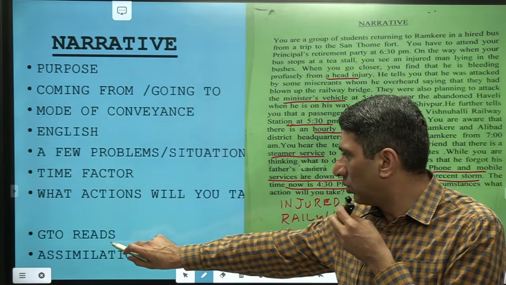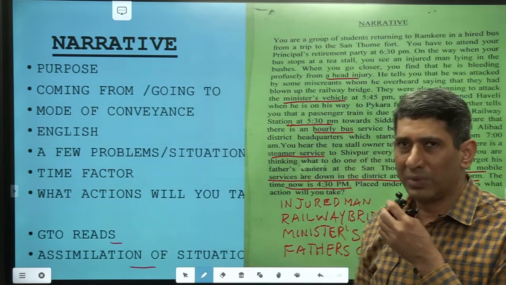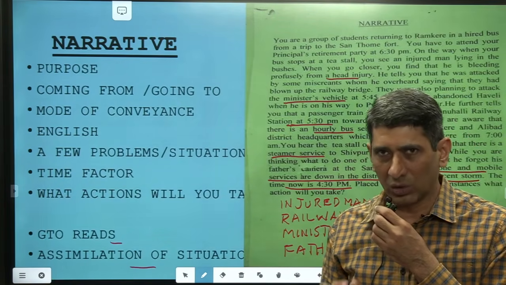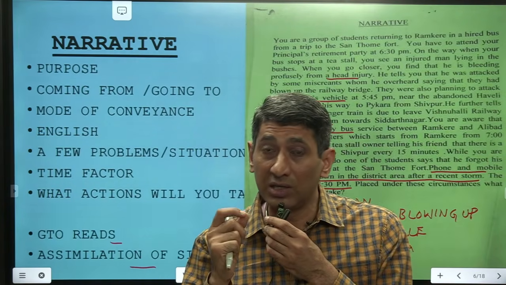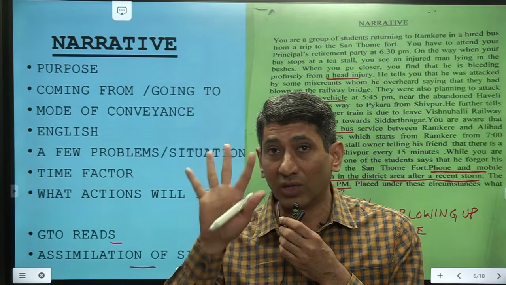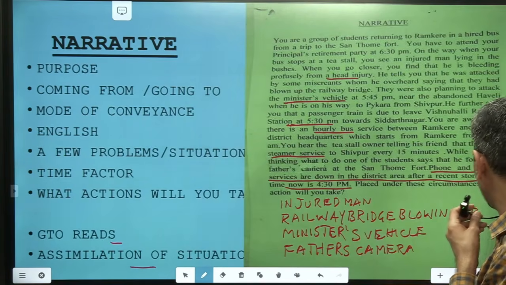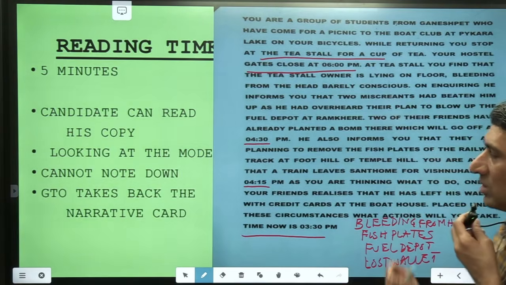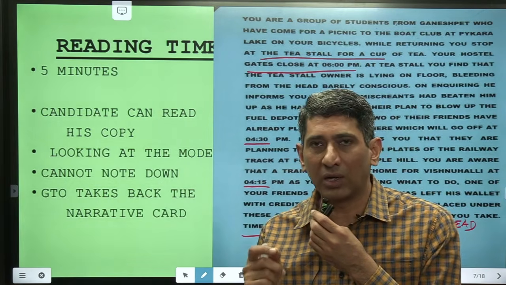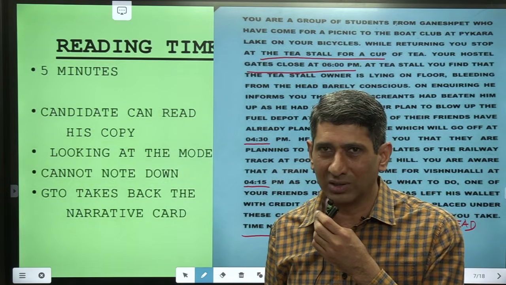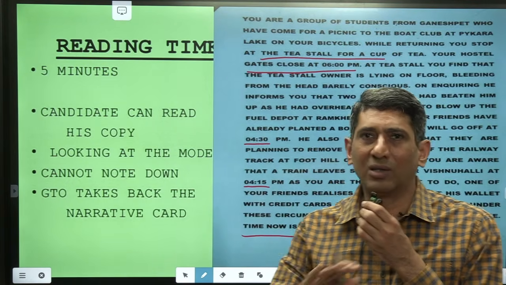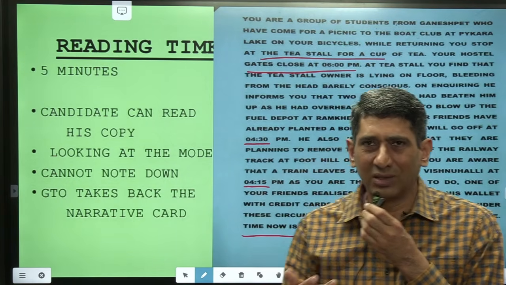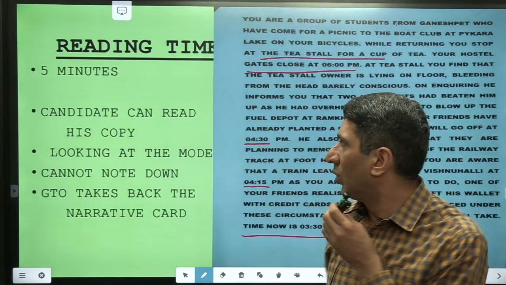Now when the GTO reads, the assimilation will be limited and it is natural. So what he is going to do is, he will ask you to read the story sheet for the next 5 minutes. Now when you are reading the story sheet, he is not going to give you any chit pad, or he will not let you note down anything. Please don't be stupid in writing down on your hands and all. That need not be done, and that is not required either. Okay, now